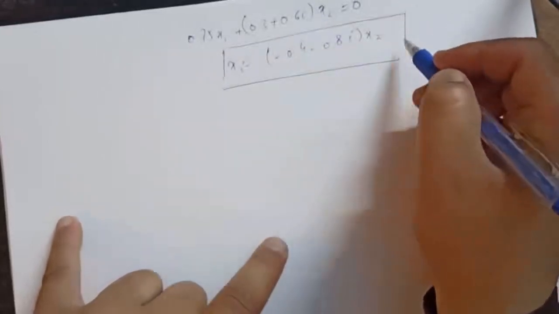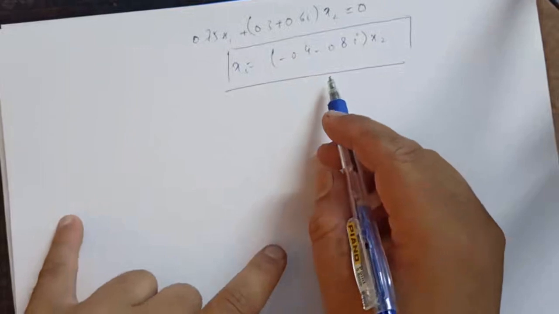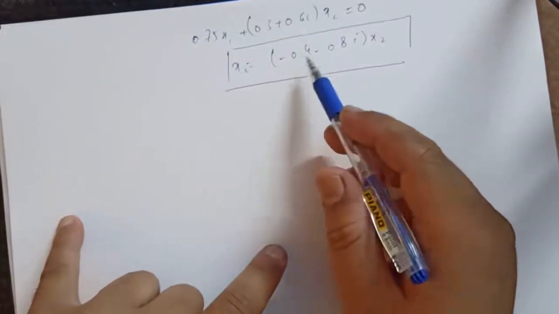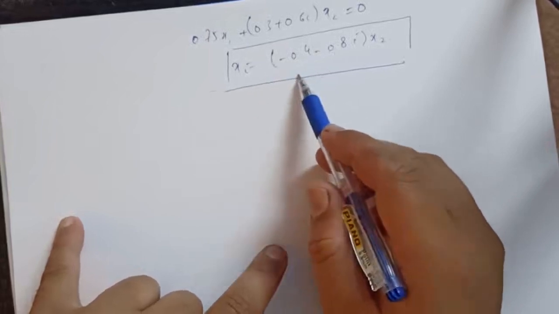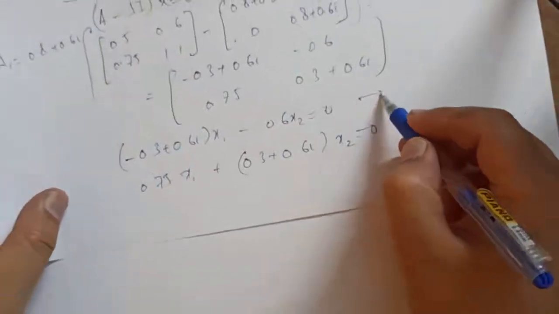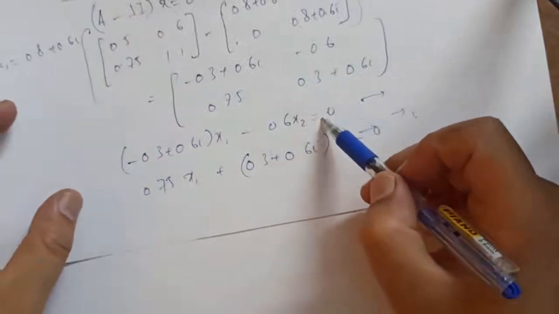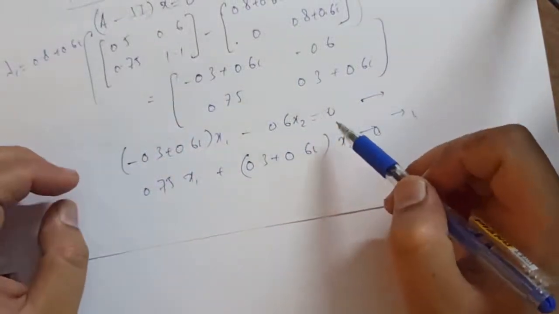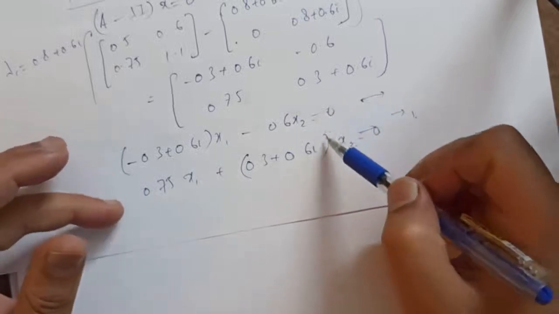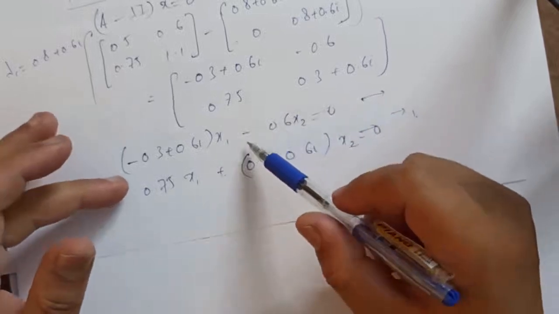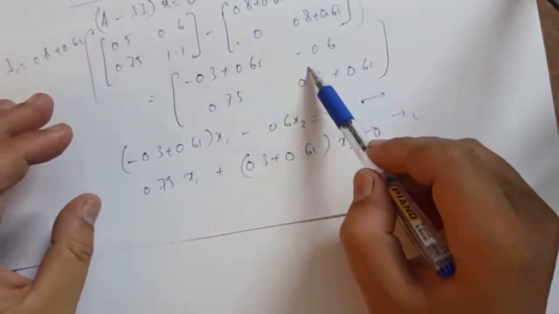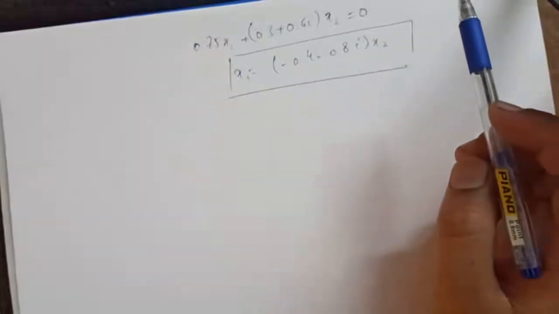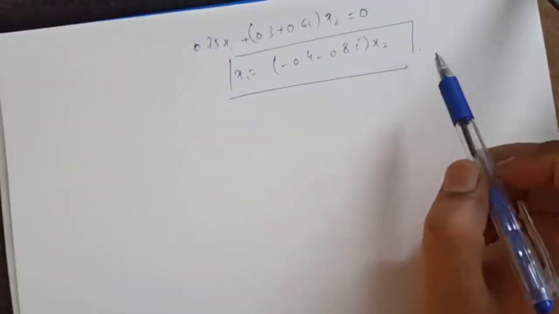Now this is from the second equation, and from the first equation we will have the same thing again over here as well. So you can use either of them. Actually, both these equations represent the same thing. Okay, now it means they are actually linearly dependent, right? So it means one of them can simply produce a 0 over here, or you can use this row to produce a complete 0 over here. Okay, so x2 then becomes the free variable,